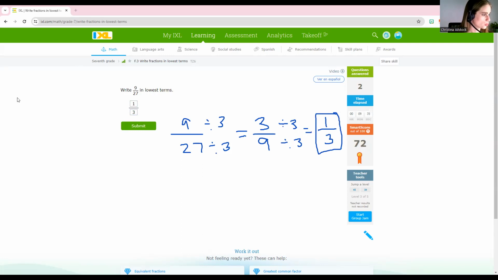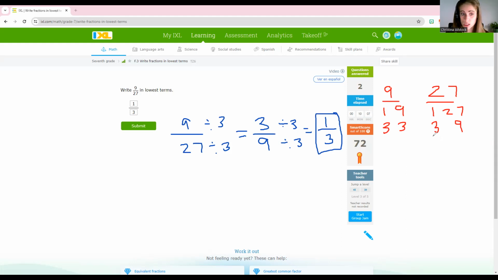I'll go ahead and show you that real quick, how that would have worked, and you would have gotten the same answer. So if we come over to the right here, if I list my factors of 9, we have 1 and 9, and 3 and 3. Then if we list our factors of 27, 1 and 27, 2 doesn't work because it's not an even number, but 3 works, 3 and 9, 4 doesn't work, 5 doesn't work,